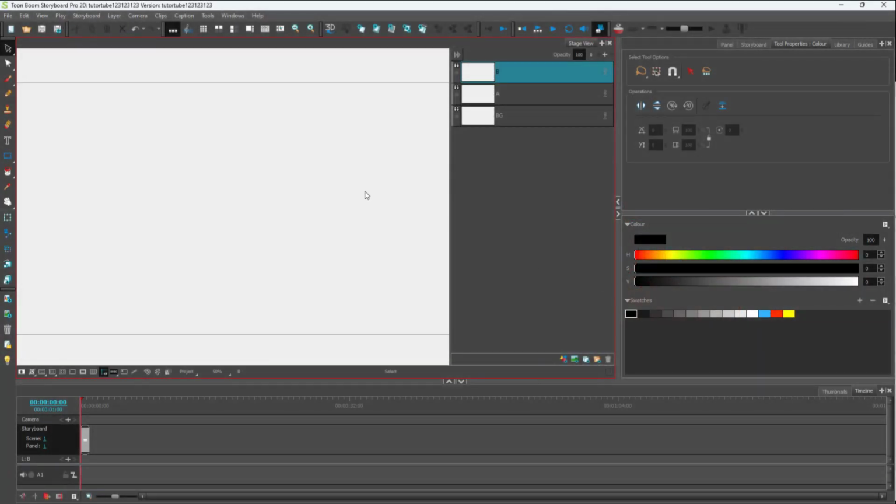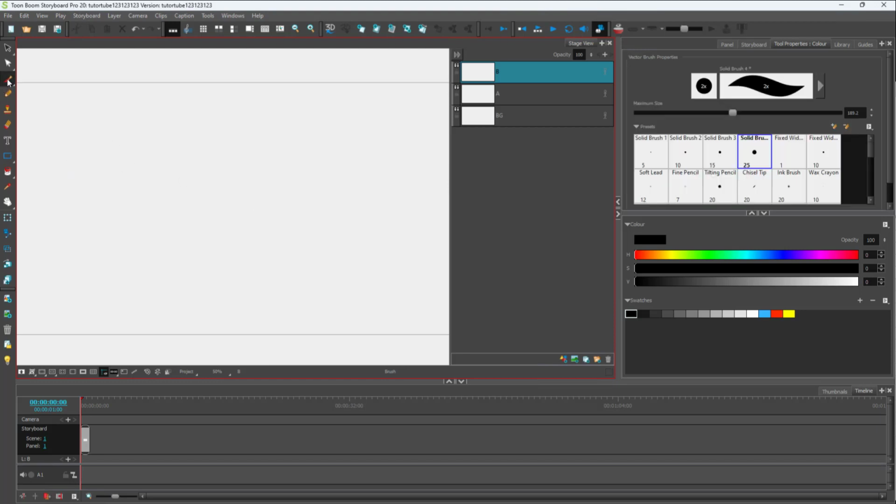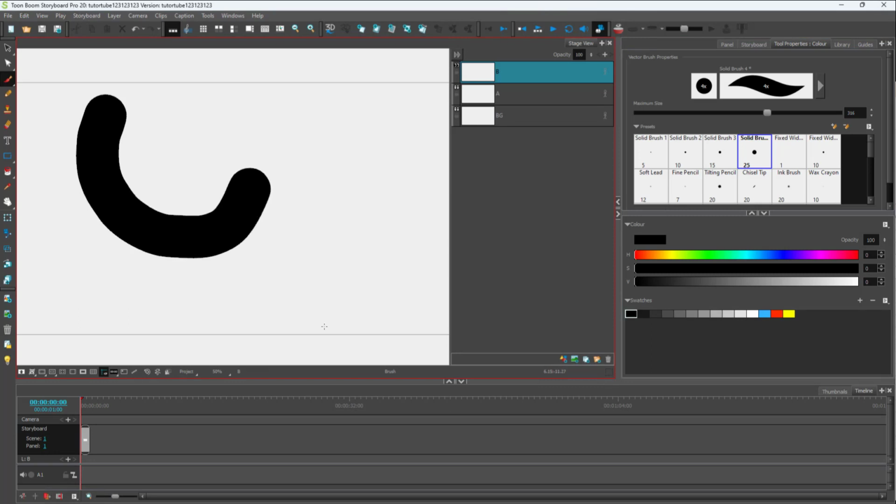So over here you can see that I have a blank space, and what I'm going to do is take the brush tool right here, and then select a large brush. I have a vector layer right here, so I'm just going to go around and draw right here. So if you want to change the shape of a drawing after you've drawn, then